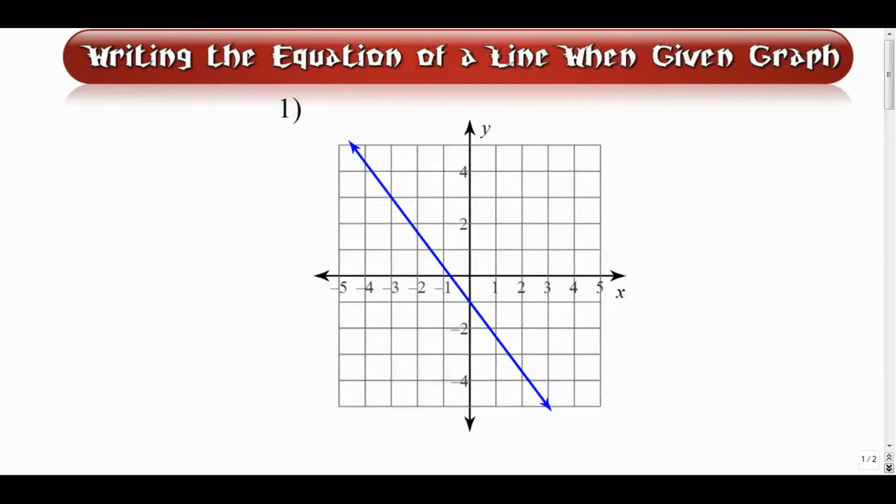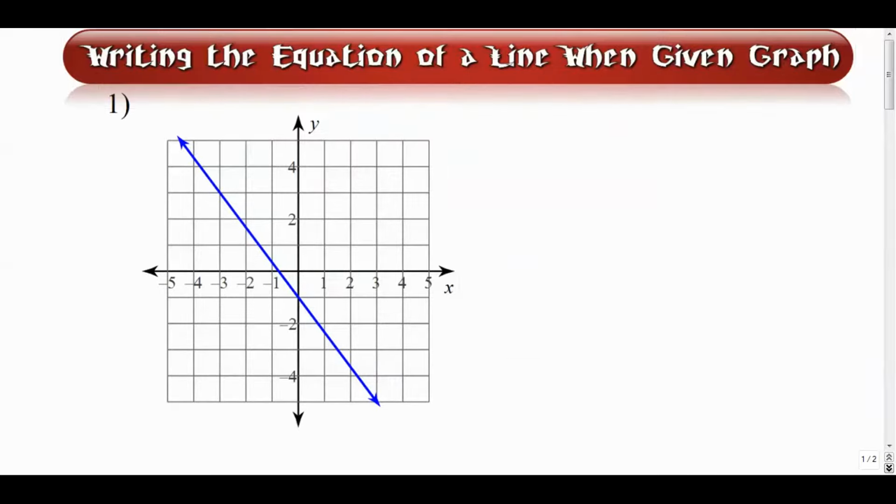Alright, this is going to be a lightning quick video on how to write the equation of a line when given a graph. There's going to be two examples here. The first one's on the screen right now. We are going to be writing equations in what we call, of course, the slope